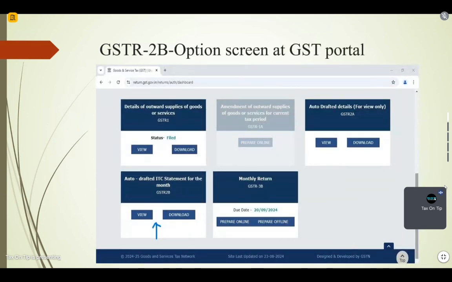Okay, so now moving on to the GSTR-2B. 2B we will also cover at the time of the GSTR-3B webinar, which is next Saturday, because it is more linked with the 3B rather than GSTR-1. So what is 2B basically, and why is it very much relevant for everyone who is registered under the GST? GSTR-2B is basically a